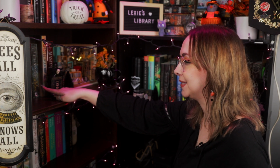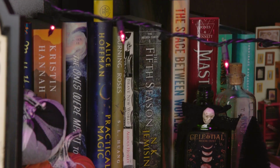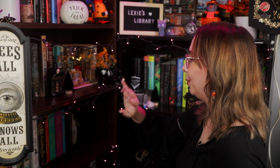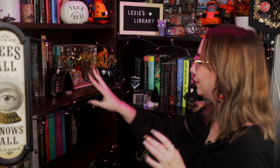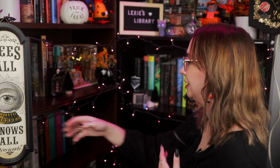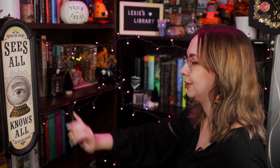So I'm hoping to pick up the second book, which I believe is The Obelisk Gate soon, and The Space Between Worlds, which is another really good sci-fi. Really enjoy all the books on this shelf, and I really like how this shelf looks in general, like the Halloween knickknackage as well as the diorama and stuff. I think it's really cute, so fan of that one, and I'm glad that it looks adorable when I'm filming